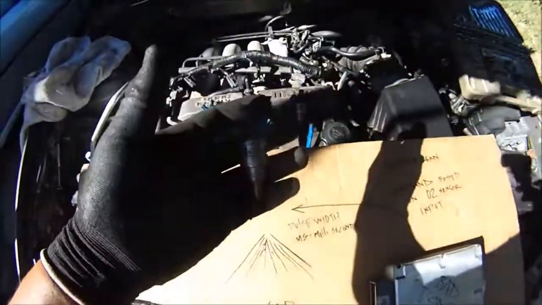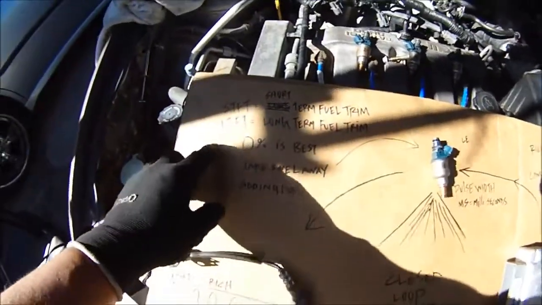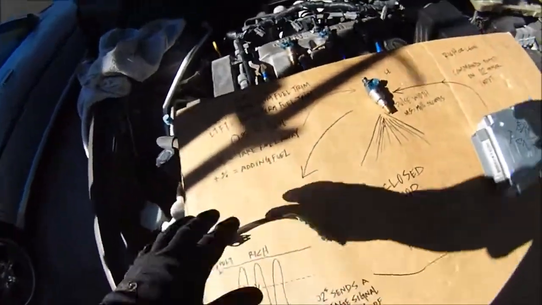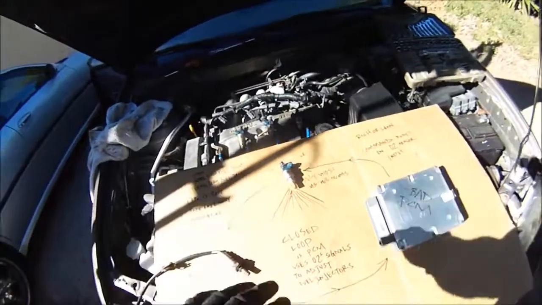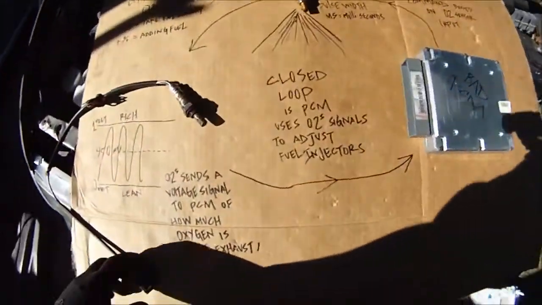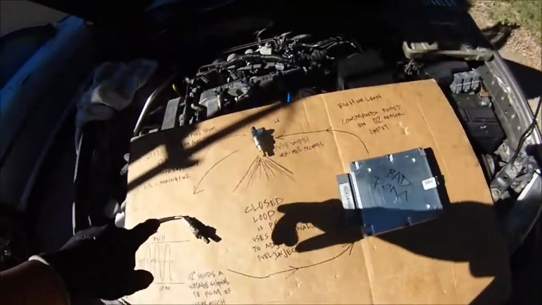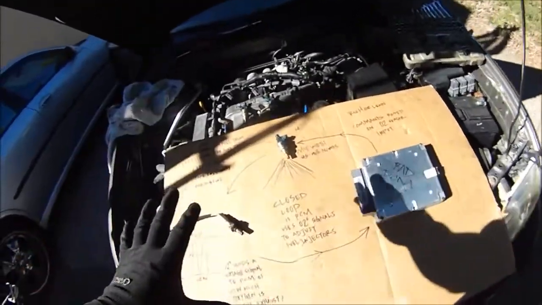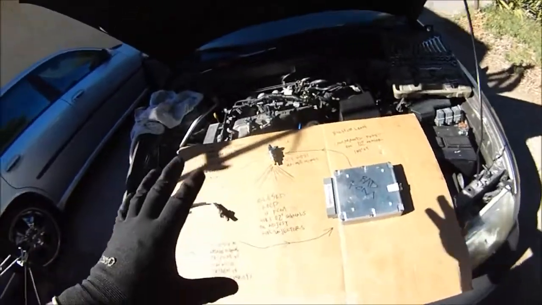So after you change the seals on the injectors, the long-term fuel trim should go down. Hopefully we can get it down to 0 after we do that, but we'll see. But it should be lower than where we're at right now. But anyway, that's the whole closed loop deal right there, and that's the reason why you have long-term fuel trim at the positive. You should know these percentages.